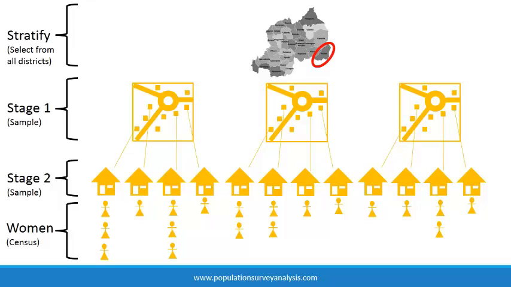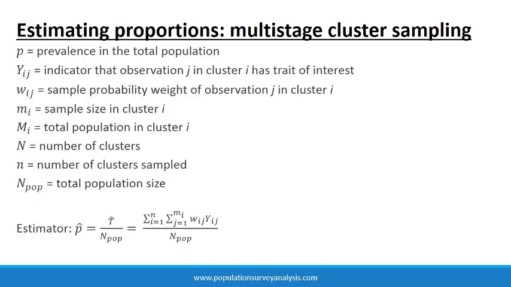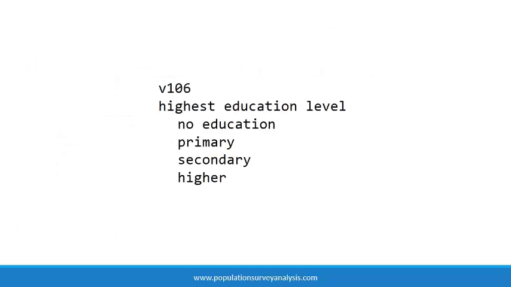cluster design. How are means and proportions affected by multi-stage cluster sampling? They are not affected at all, actually. Clustering does not affect means, only variance. Let me demonstrate this. Let us say that we are estimating the highest level of education among women in the